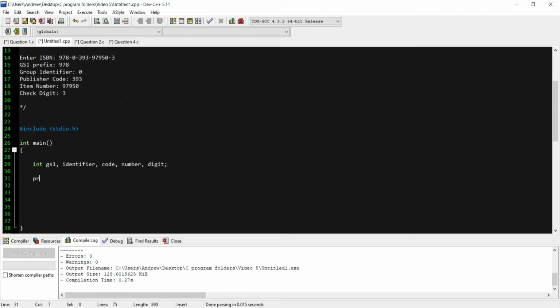So the next part we want to do is print out the question. The question, or the statement, is to enter the ISBN number. So now, for the most important part of the program, it's the scanf function. It looks similar to what we did before. So it's going to be %d